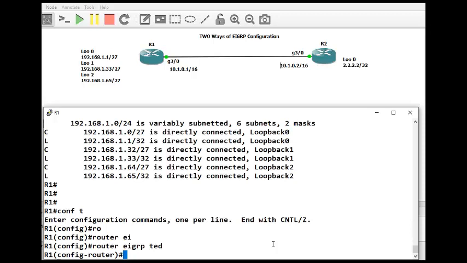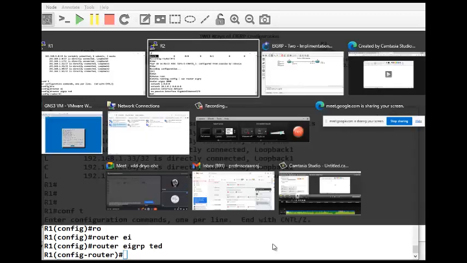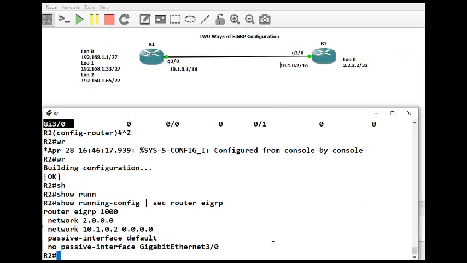When you use a name like this, EIGRP can be used for both IPv4 and IPv6. But with the classical, older method, this is only for IPv4. If you want it for IPv6, you need to do it like this: